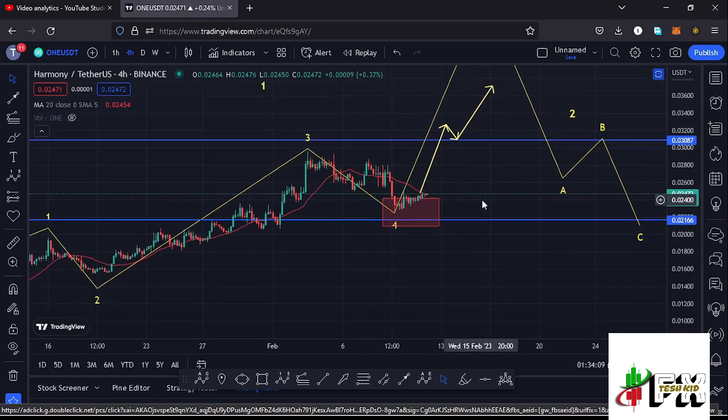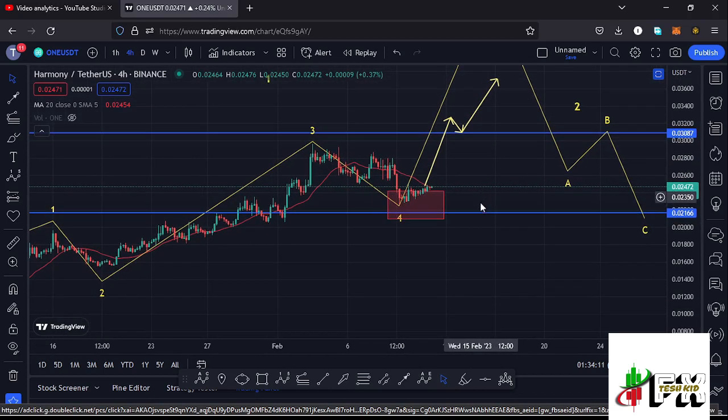But in case we lose the 20-day MA, what I'll be expecting over here is HARMONYONE to fully maximize this red target area by getting back to the area at around the $0.02104 mark. So that is what we can expect in the worst case scenario.